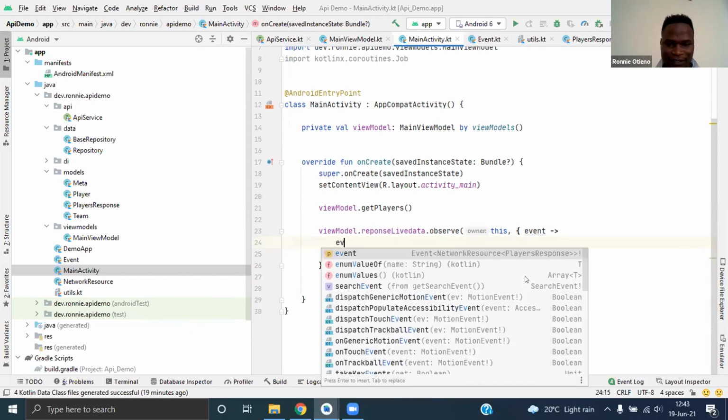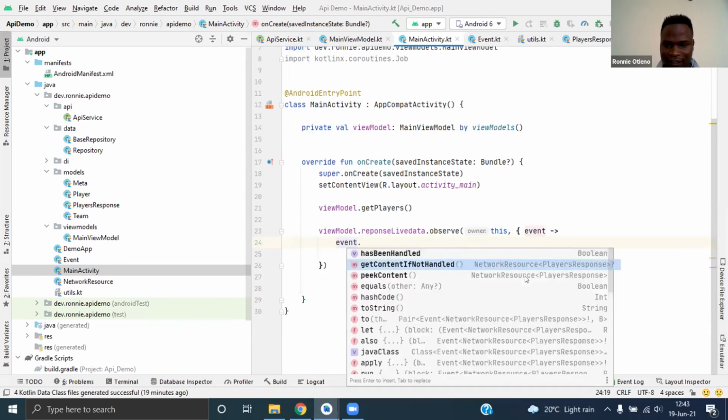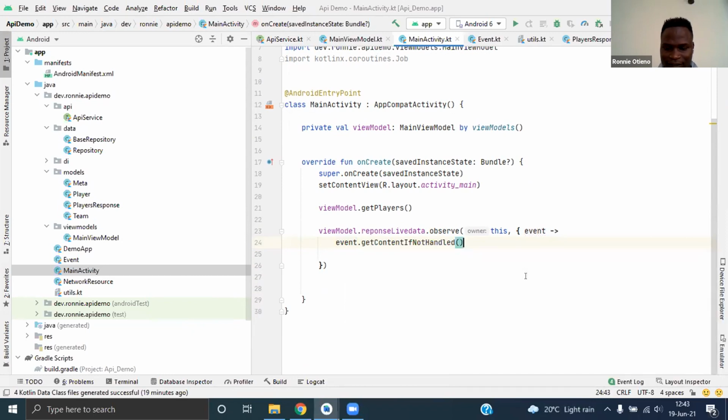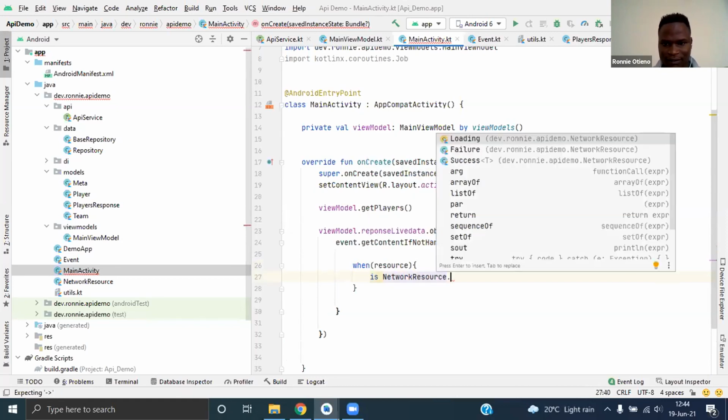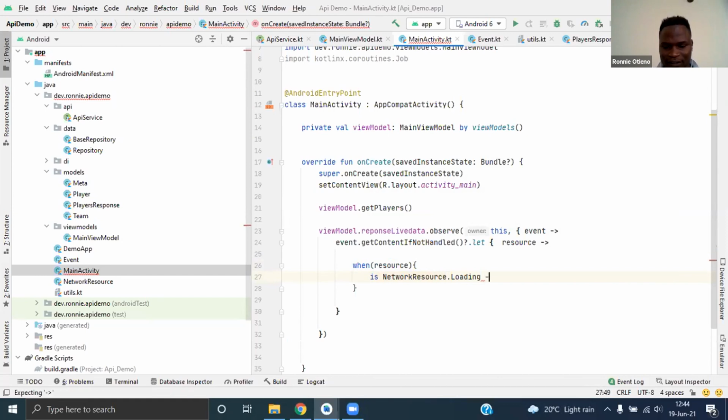So we'll just put event.getContentIfNotHandled.let resource. Now we can put when resource is NetworkResource.Loading, we'll show loading.